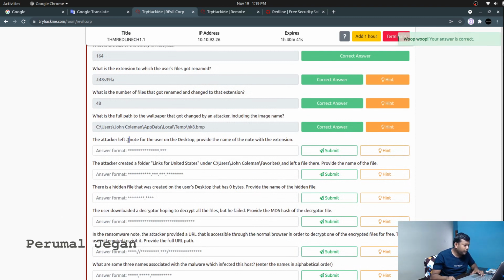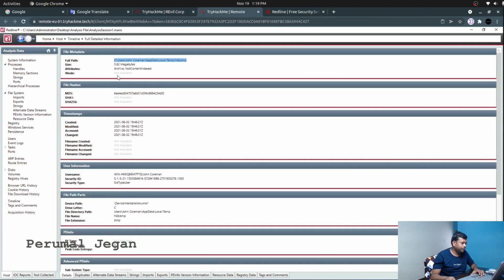The attacker left a note on the user desktop. Provide the name of the note with the extension. So the file on the desktop with the ransom note. We need to fetch that file name. We already came through that.